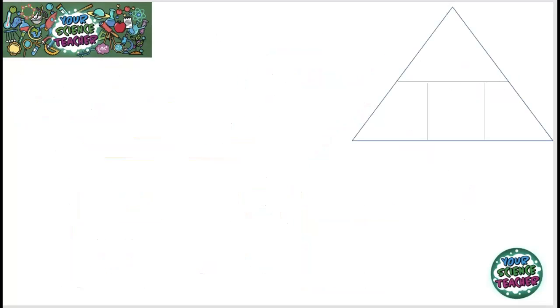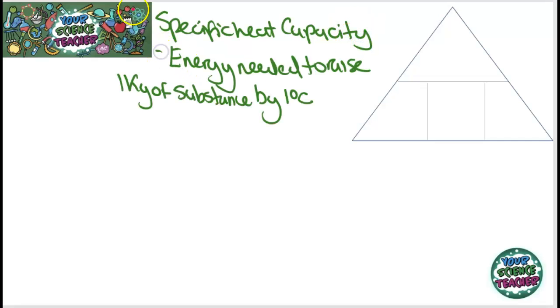You can actually calculate the amount of energy needed to heat up a material, and this is called the specific heat capacity, and you need to know the exact definition of this. So this is a definition you should copy down. From this definition, the energy needed to raise 1 kilogram of the substance by 1 degree C, you can probably start to think about an equation that you would use to calculate specific heat capacity.